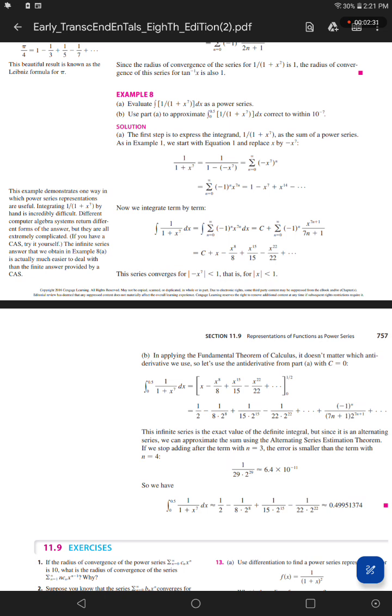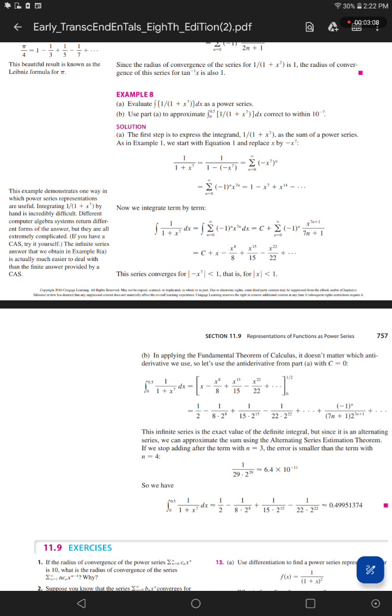As in example 1, we start with equation 1 and replace x by negative x to the 7th power. 1 over 1 plus x to the 7th power equals 1 over 1 minus (negative x to the 7th power), equals the sum from n equals 0 to infinity of (negative x to the 7th power) to the power n,